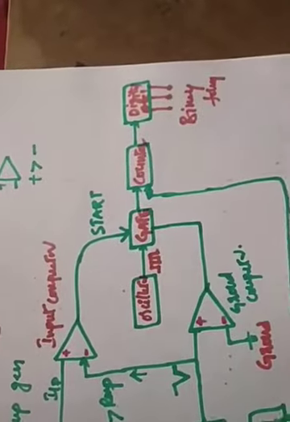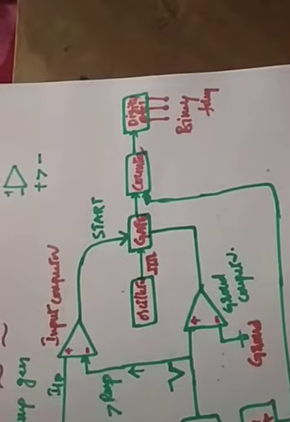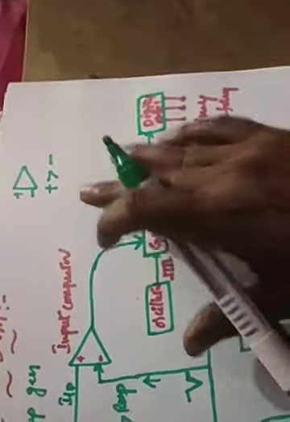right? These clock pulses will move to the counter, right? So what is the function of the counter? The counter will count the number of clock pulses from the oscillator. Whatever the counter counts, it sends to the digital display, the LED screen. If it is 3 clock pulses, the 3-digit form is going to be displayed. If it is 4 clock pulses, the 4-digit form is going to be displayed, right?